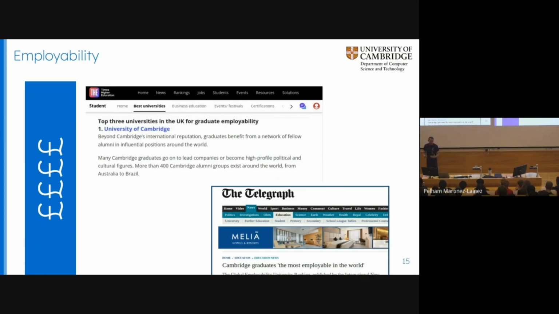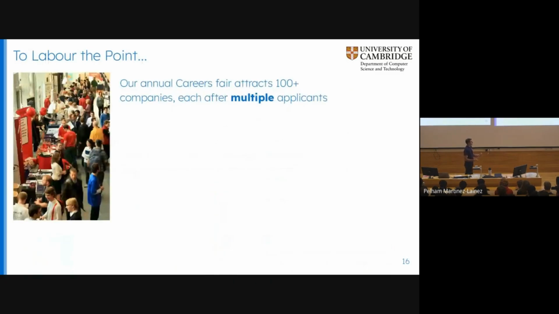So we're talking about a subject here, teaching you great skills, making you very employable, and Cambridge on top of it, which boosts that employability. I'm going to really drive the point home now. Every year, we have a careers fair, and we offer companies the ability to pay for a small stall. You can see these tables here, and they do it outside this lecture theatre. They line them up there, and we simply say our students will come, and you can talk to them about the job offerings that you might have. We can only squeeze in over 2 days about 100, 110 companies, so we actually have to turn some companies away.